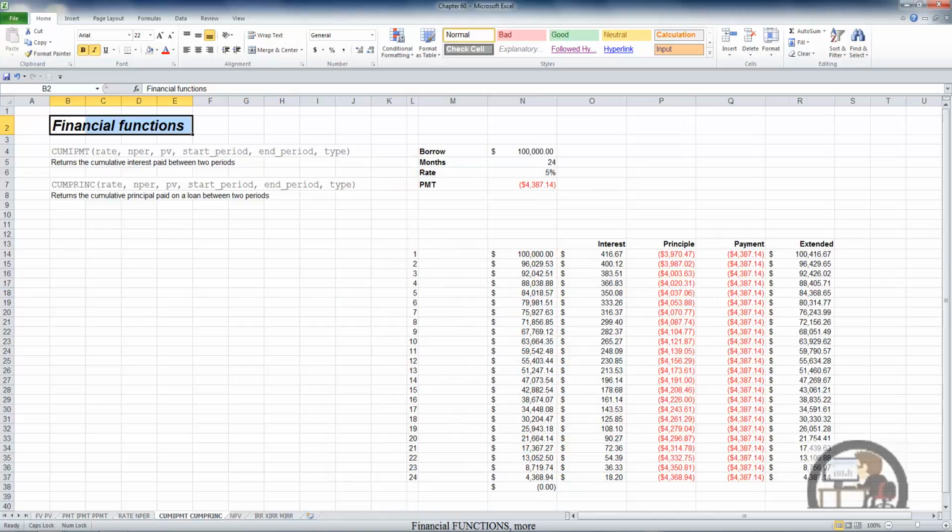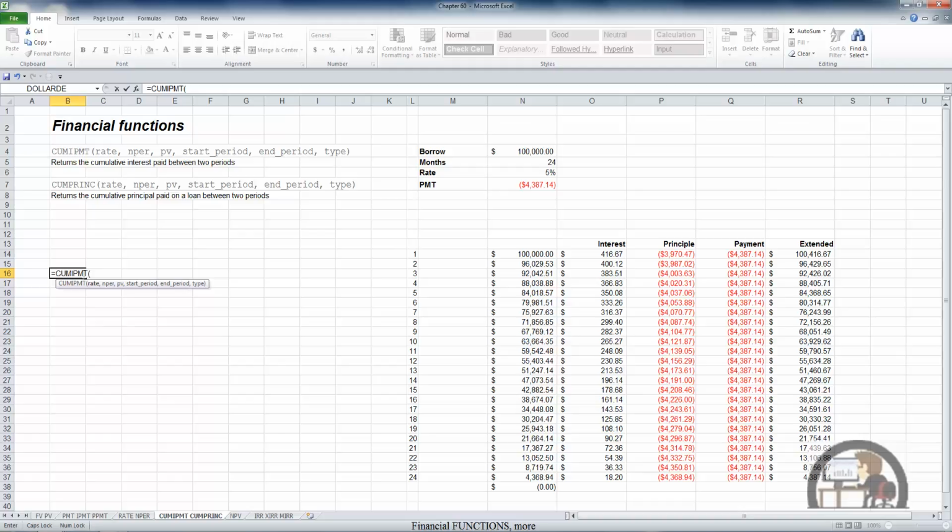So the next two functions, the CUMIPMT and the CUMPRINC, return the amount of interest or the principal that's been paid for a payment stream for a given loan, given a certain range defined of the periodic payments. So the CUMIPMT,